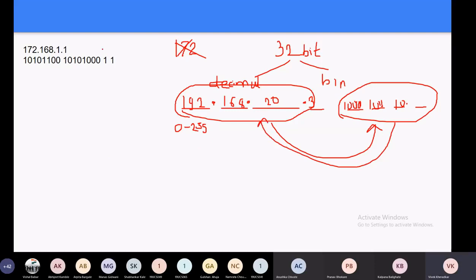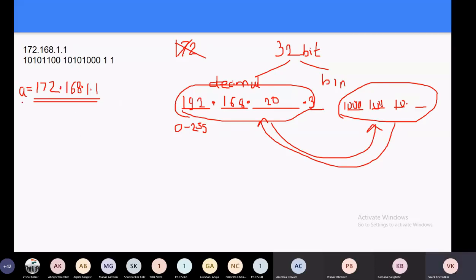So the first step, what is our input for this program? For example, 172.168.1.1. This is the input I want from the user. As it is input from the user, it's the responsibility of our program to store it in a variable, right? So tell me which variable is required. For example, if I store it in A, tell me what data type is required for A to store 172.168.1.1.